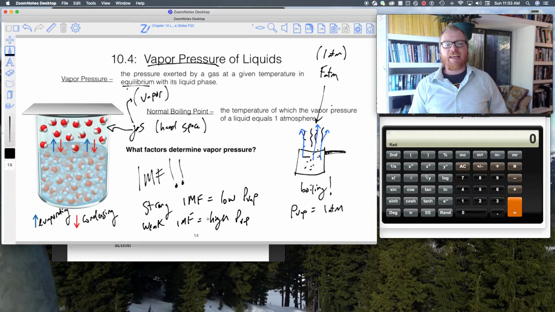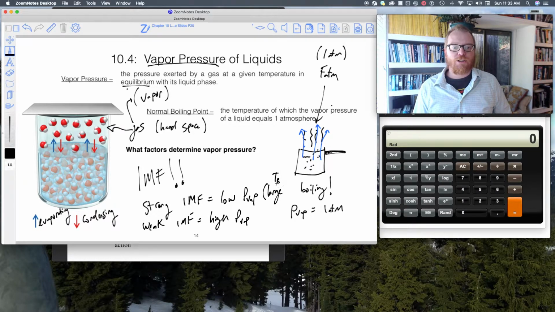Consequently, to get that strong intermolecular force liquid to boil, to get its vapor pressure to a full 1 atmosphere, you have to really heat it up. So this means it's going to have a large T boil, okay? So something that has a high vapor pressure or weak intermolecular forces will have a small